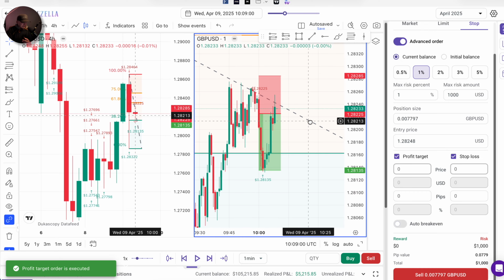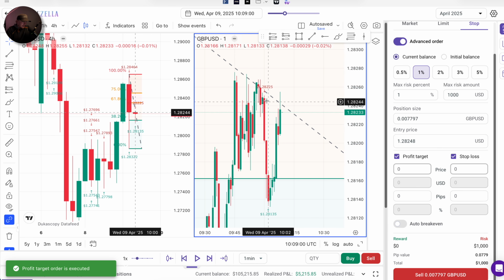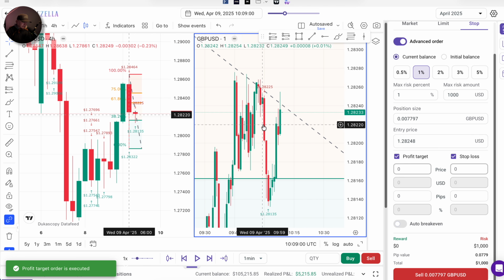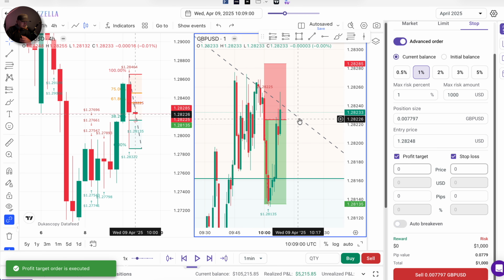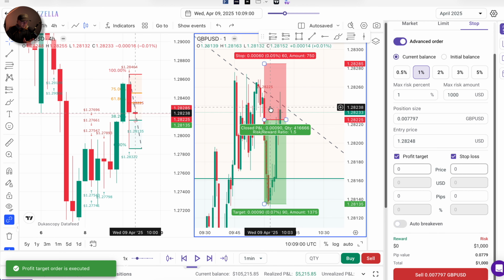So hopefully you can see what I'm talking about there, where price comes up and gives us that wick, which is not that easy to see. But if you look at the line chart, here's a high, here's the new lower high, and that's why I put the sell stop order in, just ready, because with live markets I'll be ready to set market execution. So I want to see price push up on the 1 minute chart, give us that wick,